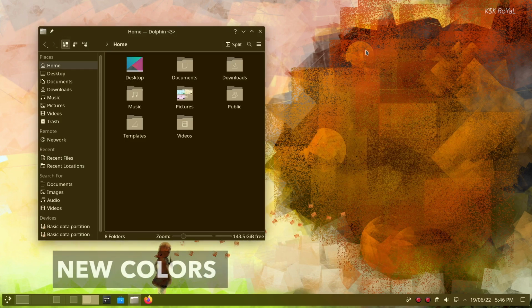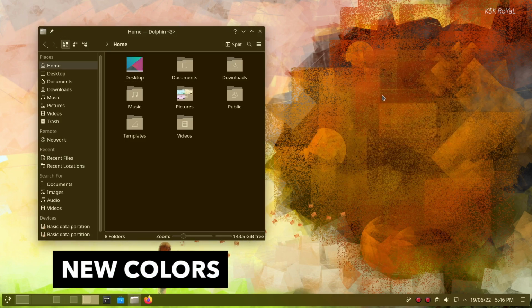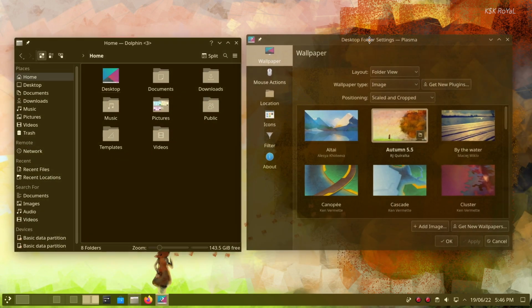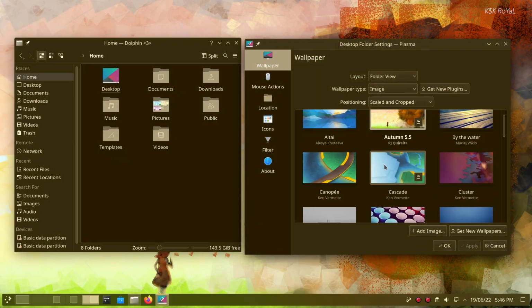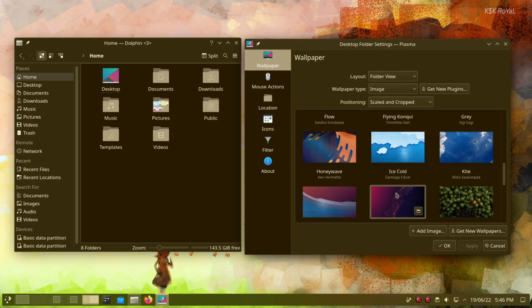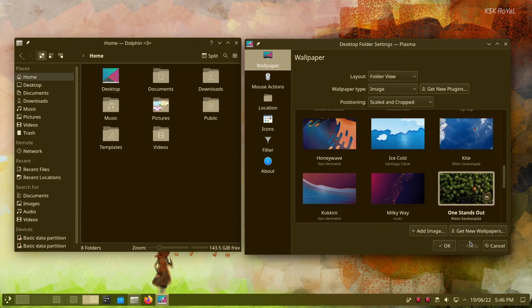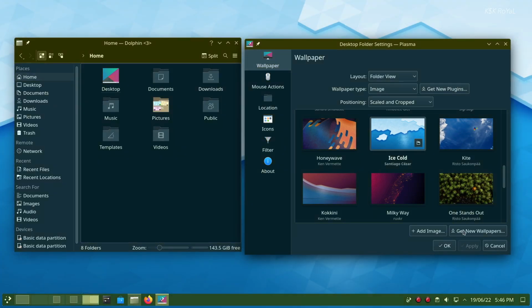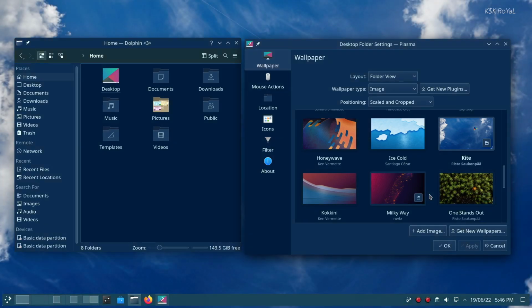The all-new colors have been taken to the next level in Plasma 5.25. This feature automatically syncs the accent color with your wallpaper. The dominant color of your background picture can be applied to all components that use the accent color. Also, you can use the tinting colors option, which adapts the color of elements of every window to the background.